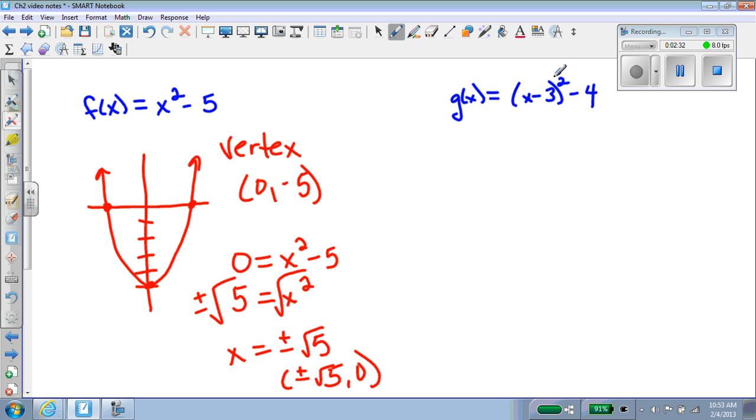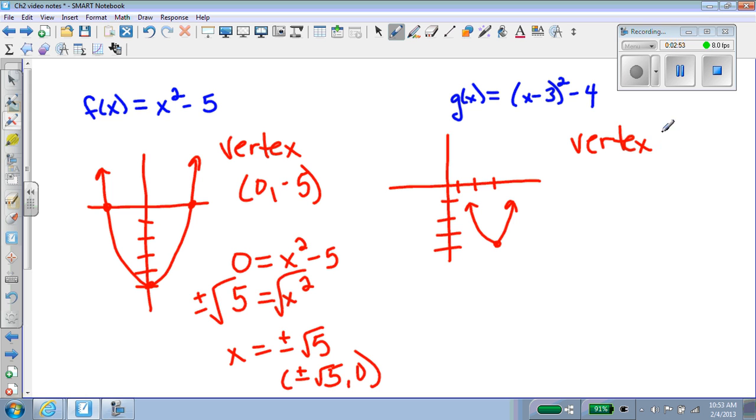G of x, again, using good transformation thoughts, we know that this parabola moved right 3 and down 4. So it's somewhere here. So its vertex is at (3, -4). And its x-intercepts